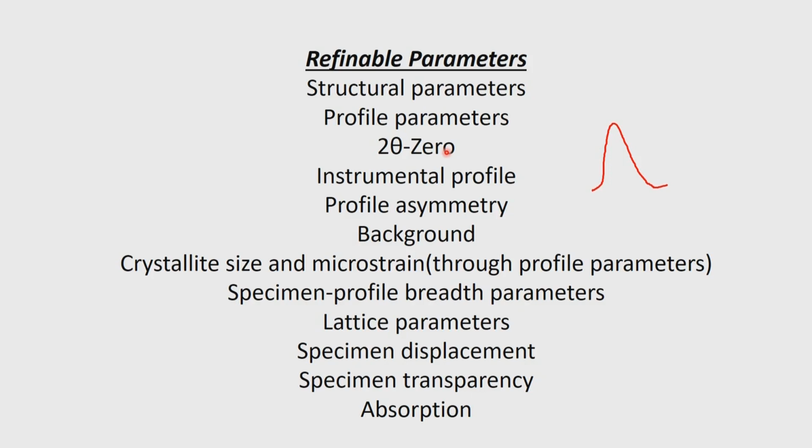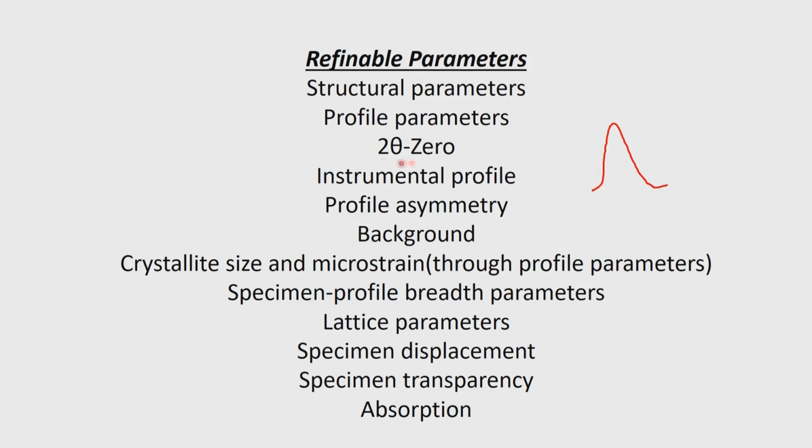For example, if you put silicon, you should get a reflection at 2 theta 28.65 if the 2 theta is at 0. So you put silicon on the machine and find out where the peak is coming, and that will give you the 2 theta 0. If it is coming at 28.6, then you know there is a 2 theta shift of 0.05 in the negative direction. So that correction has to be applied. It also is a refinable parameter. We can vary it with respect to the extent to which we carry out the structure determination, using 2 theta, the profile refinement using 2 theta.